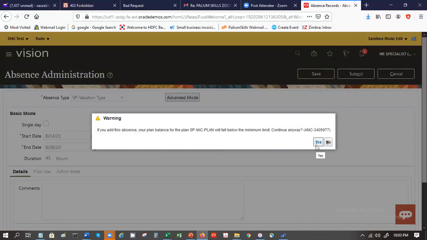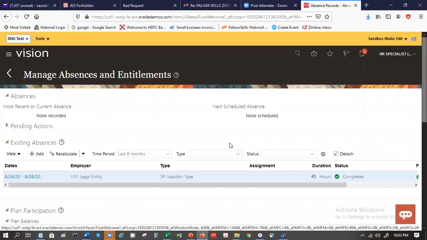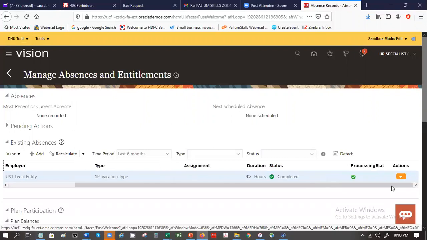Okay. So there was a minimum limit on the hours, because the person has just been enrolled in July. So they may not have so many days of accumulated leave for them to be able to do this. Okay. See, now the status is complete because the person is the administrator who submitted it.